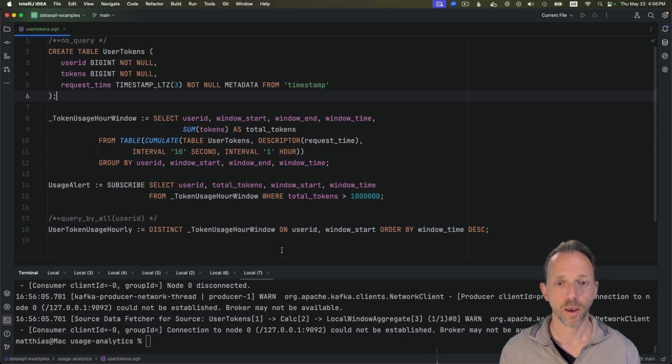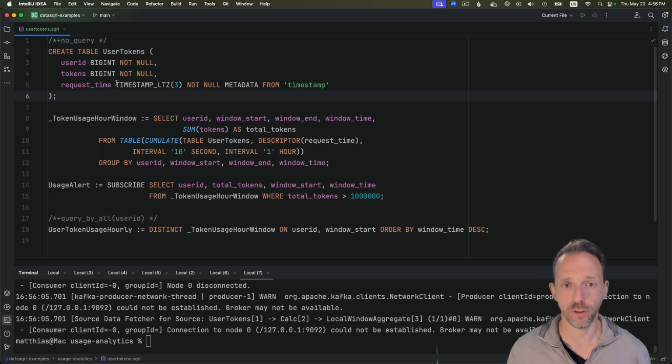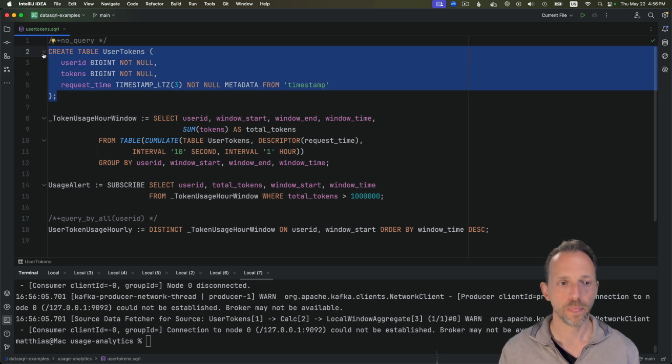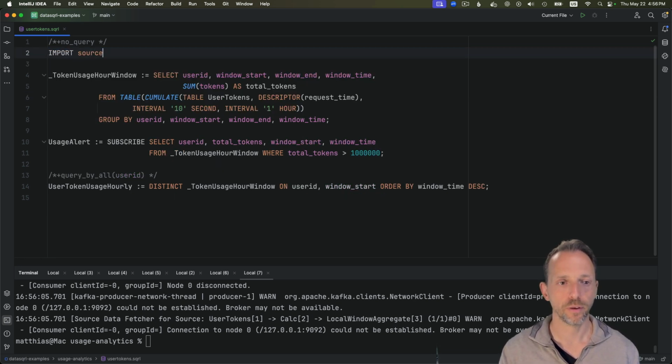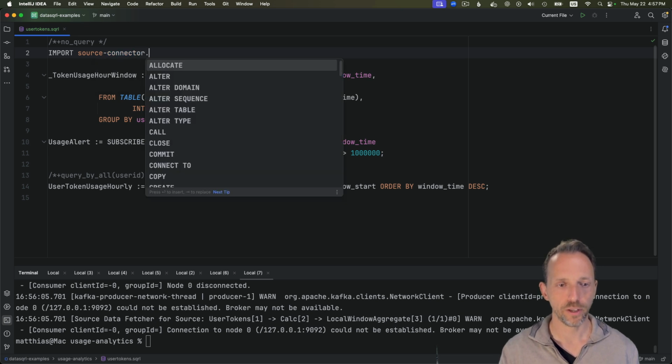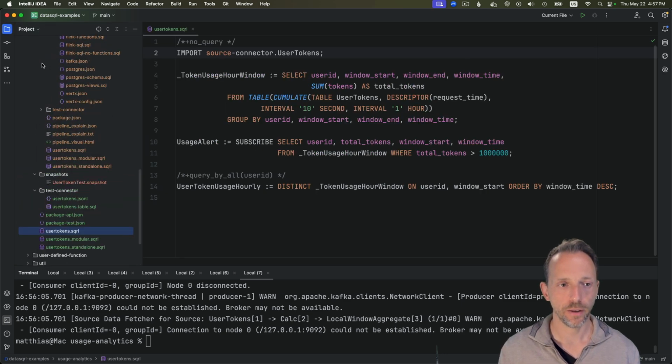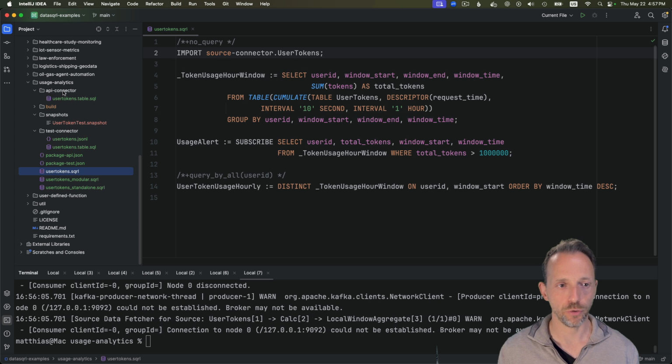Boom. Going back to our script, let's look at how we can modularize our sources for testing or connecting to other data sources, like a use case where the token events are already on a Kafka topic that we want to consume. In DataSQL, you can import connectors externally into your script, and that maps